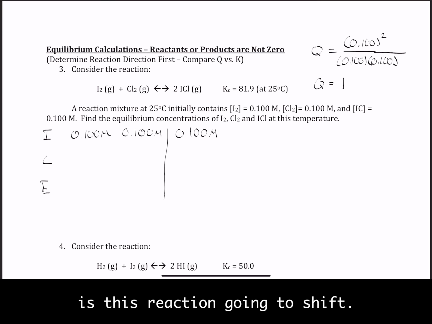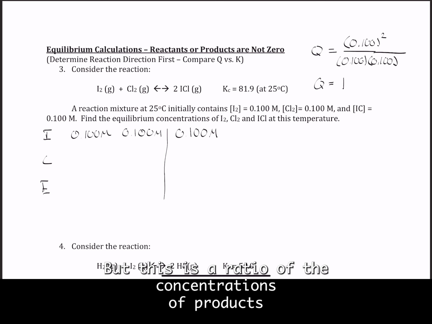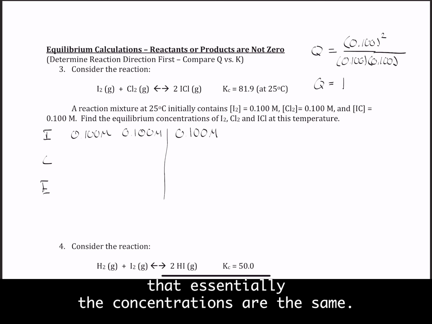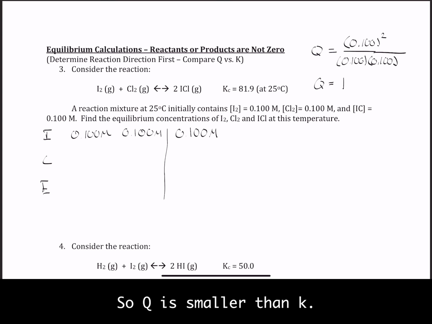Which way is this reaction going to shift? Towards the products. And I'll keep saying it, whether or not it sticks, but this is a ratio of the concentrations of products divided by concentrations of reactants. Q of 1 means that essentially the concentrations are the same. This means I need more products. So if Q is smaller than K, I need to make the top number larger, I need more products, and so we're shifting towards